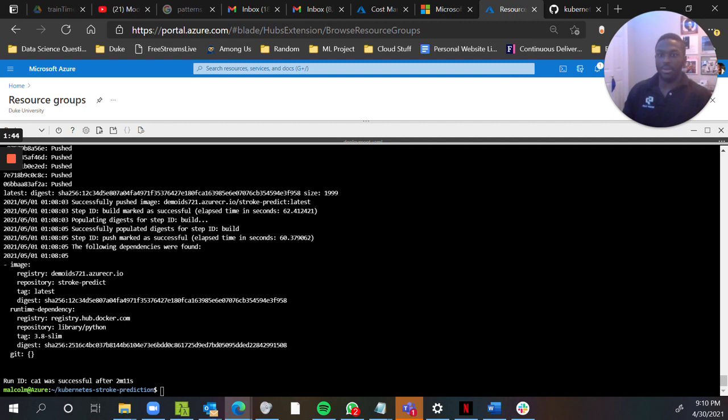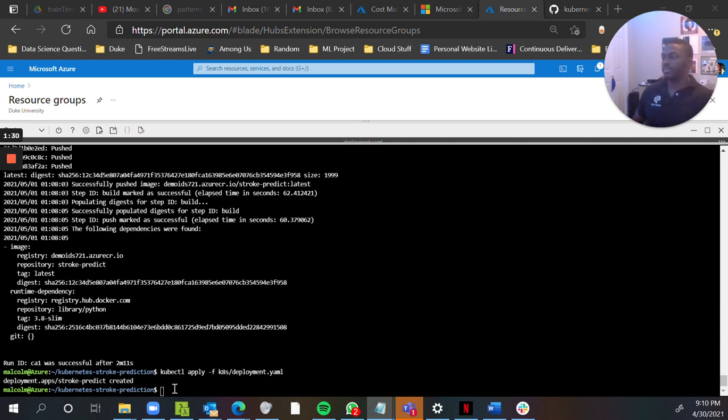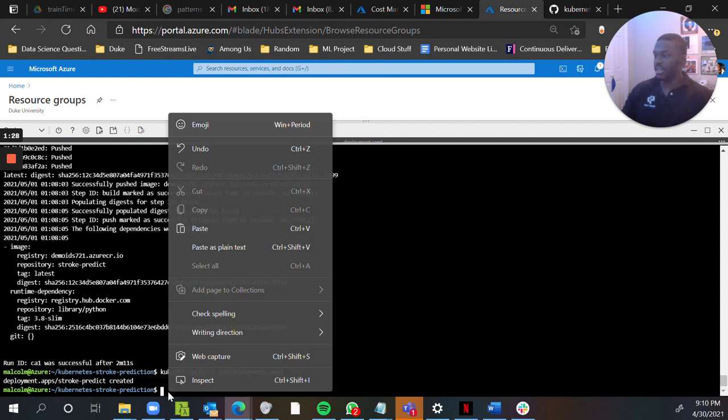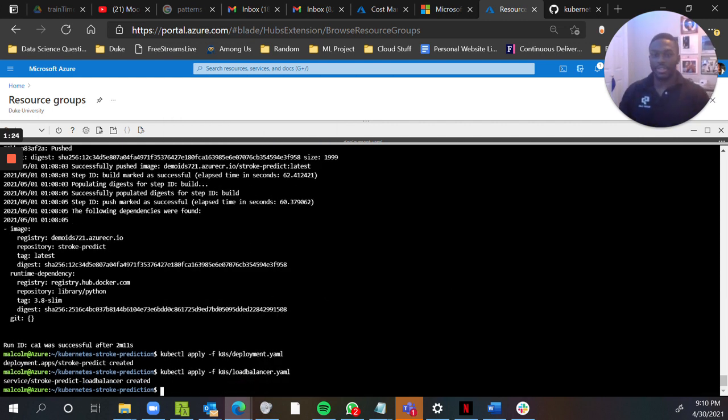And so next I will just run those last couple commands and then show you guys how everything is up and running. I paste that. So now it's doing the deployment. Cool. Deployment was created. The load balancer is created. So now if I run